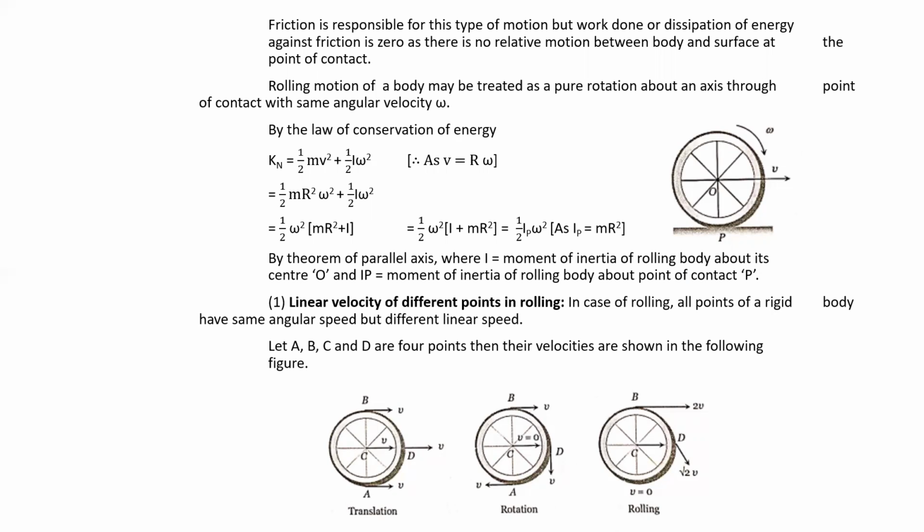Substitute the value of v, that is given by half m r square omega square plus half I omega square. We can take omega square common, therefore we will get half omega square into bracket I plus m r square, which is equal to 1 by 2 Ip